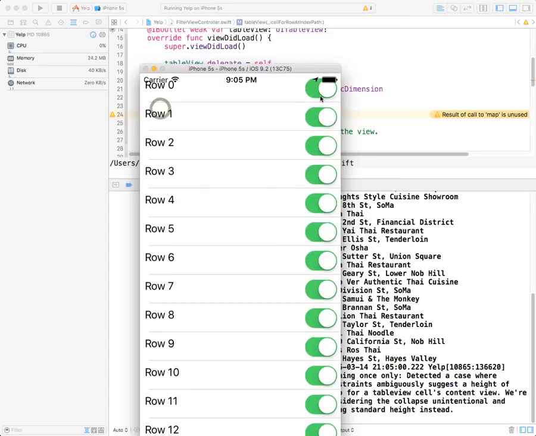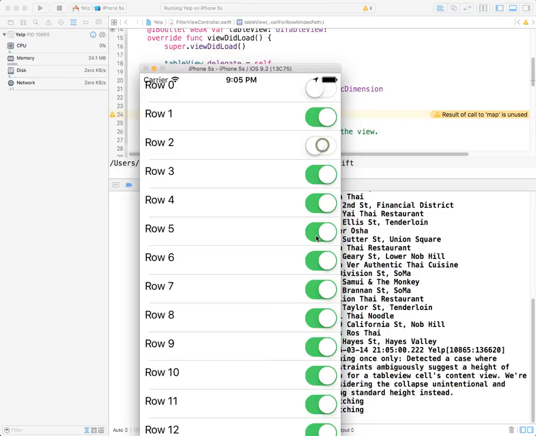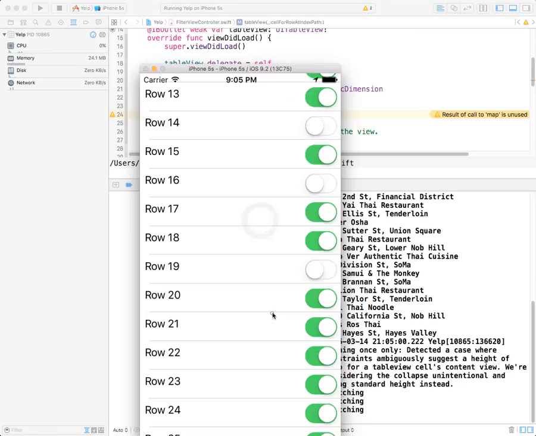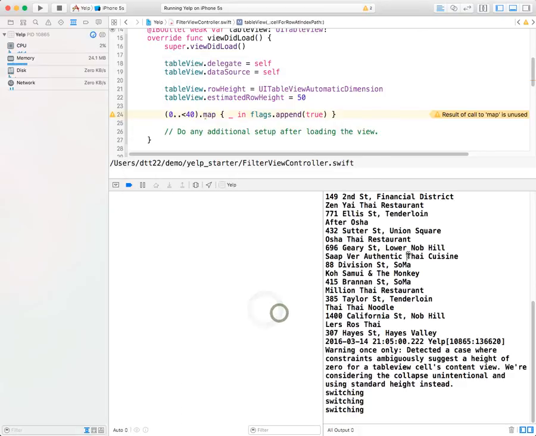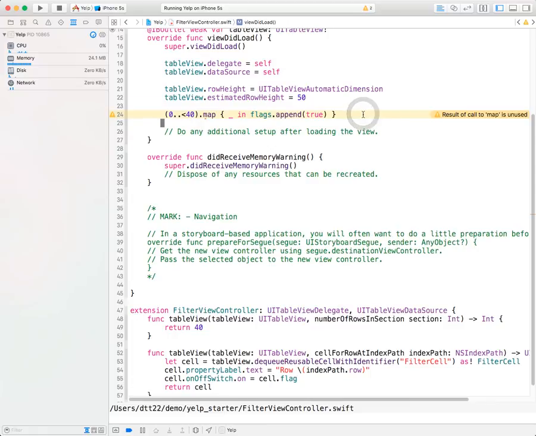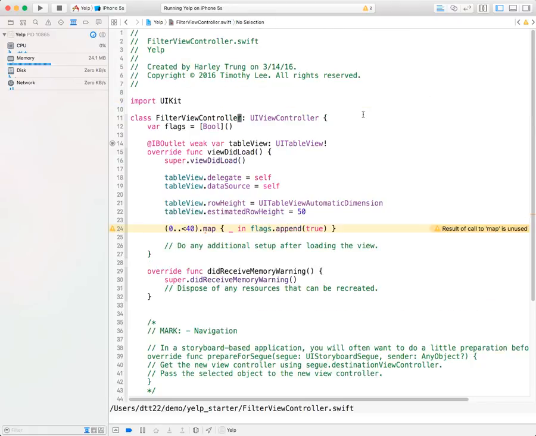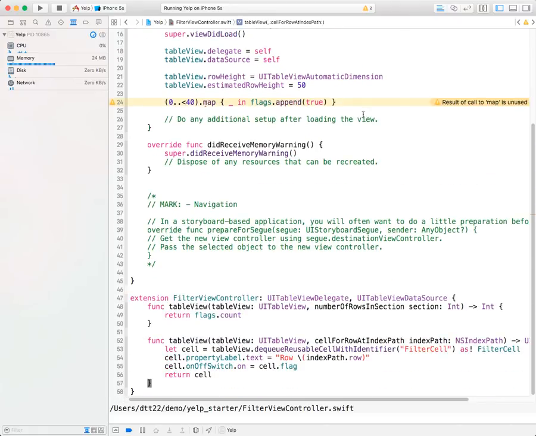So I do this. Now I click 0, 2, 5. Right? This is still happening, right? So we need to fix this. It's displaying by calling this flag, and it's reusing the cell. So I need to somehow, here again, I can do flag.count now. But we haven't done anything to this flag thing at the controller level. When you switch, I need to set the value. So here's the index path. So